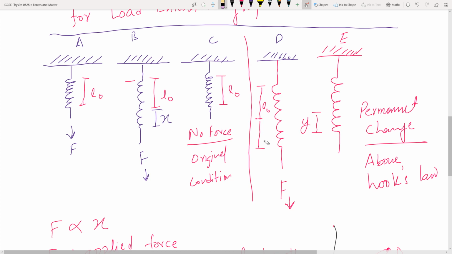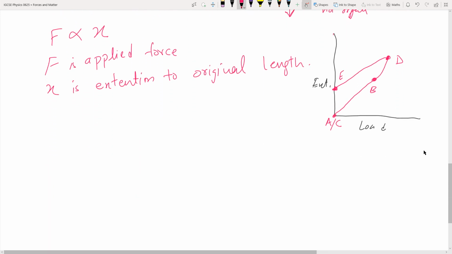I wrote Y just to differentiate this, but now I'm going to write X because I'm going to derive the formula. I will find that there is permanent change in X over this L naught, and the object is no more able to get back to its original position with the absence of force, right? No force here, right? Again, but not original, right? So that's what Hooke's law is suggesting to you, that it will have a permanent extension once the force is